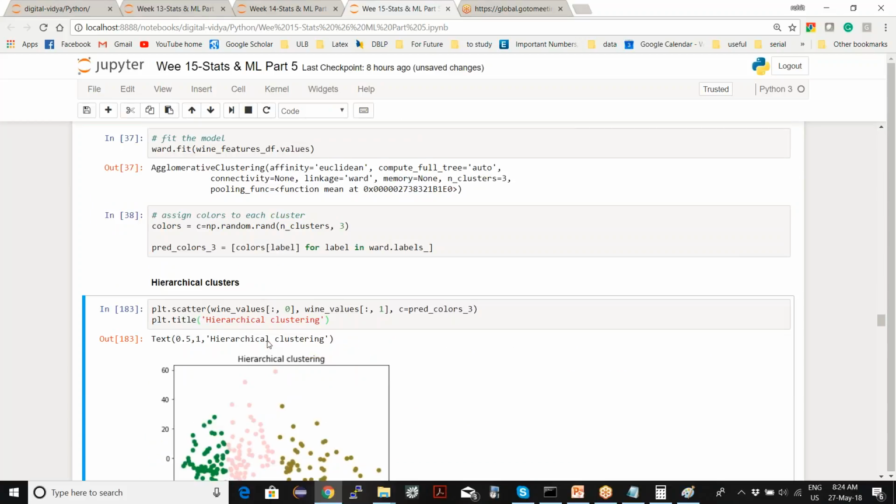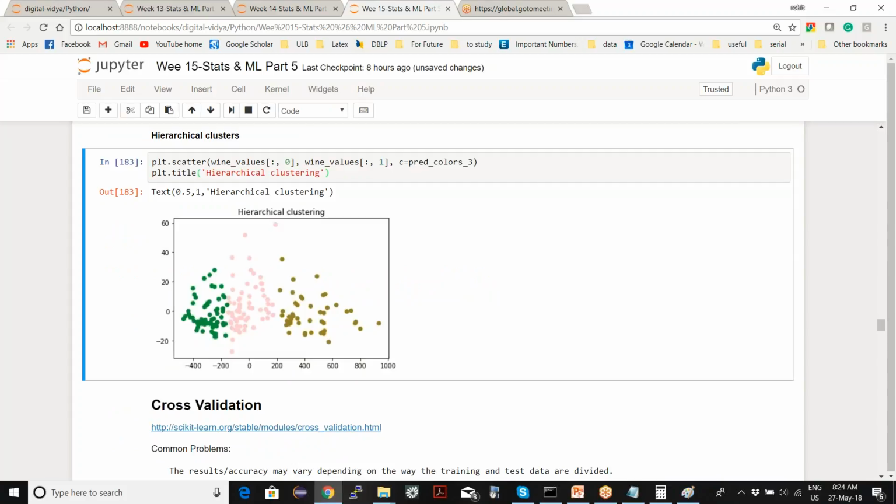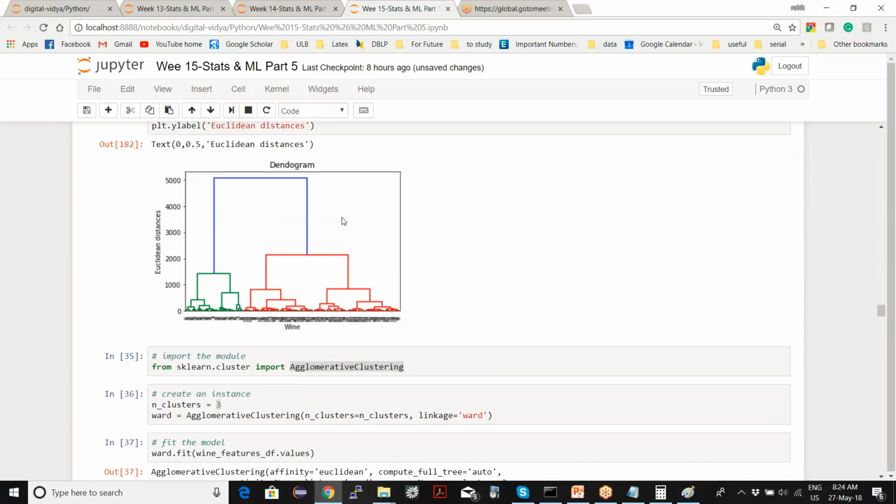The output is almost similar to k-means clustering, because it's also clustering the data. The difference is that this uses a hierarchical approach, so it creates a dendrogram like this.